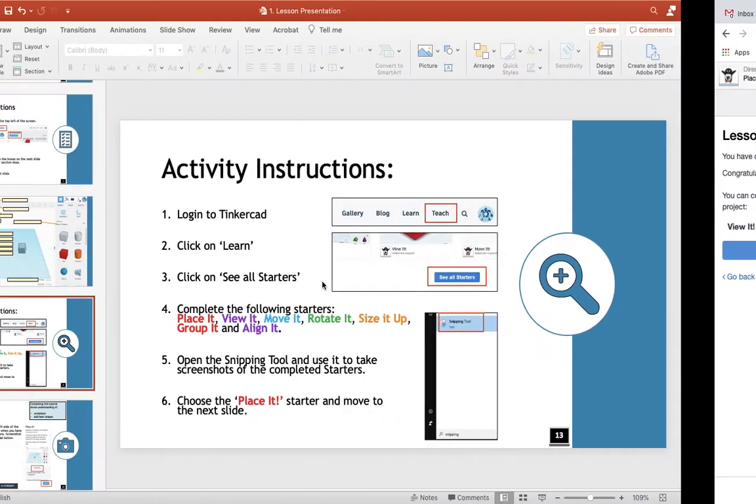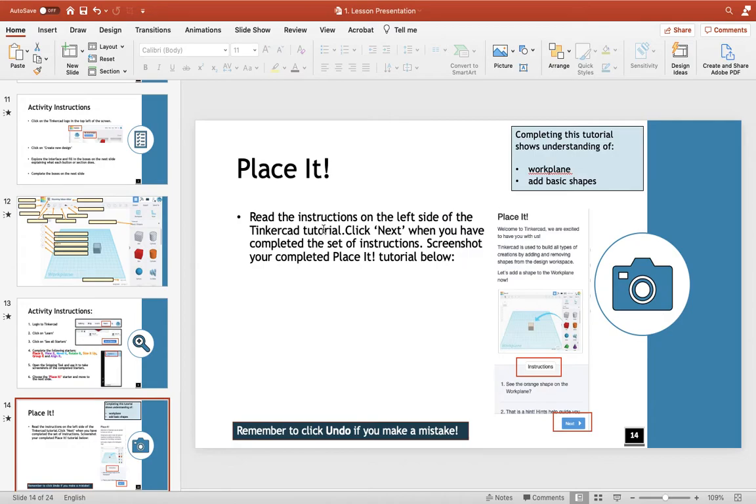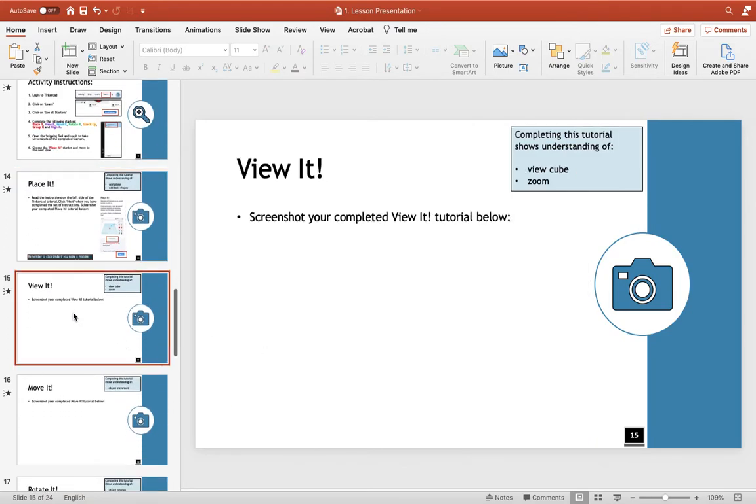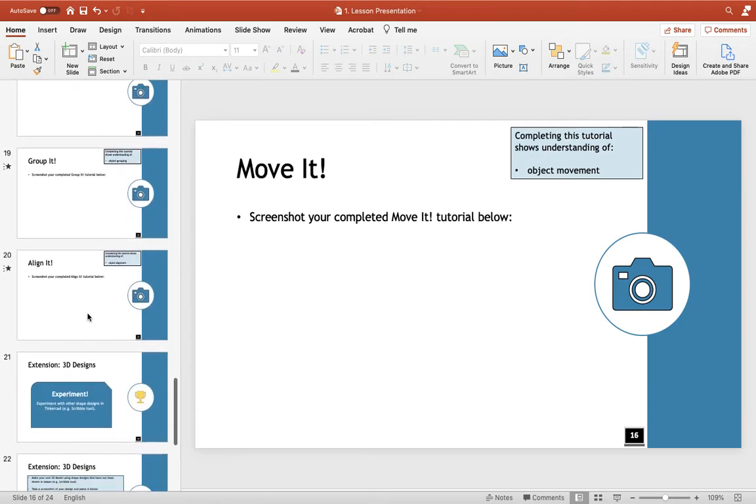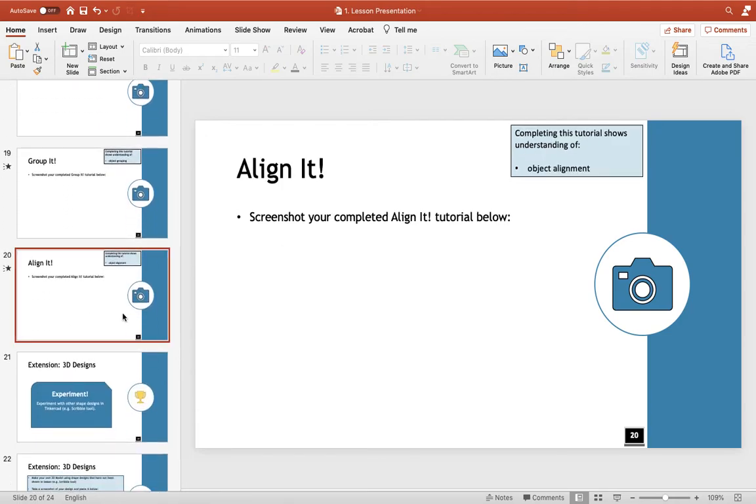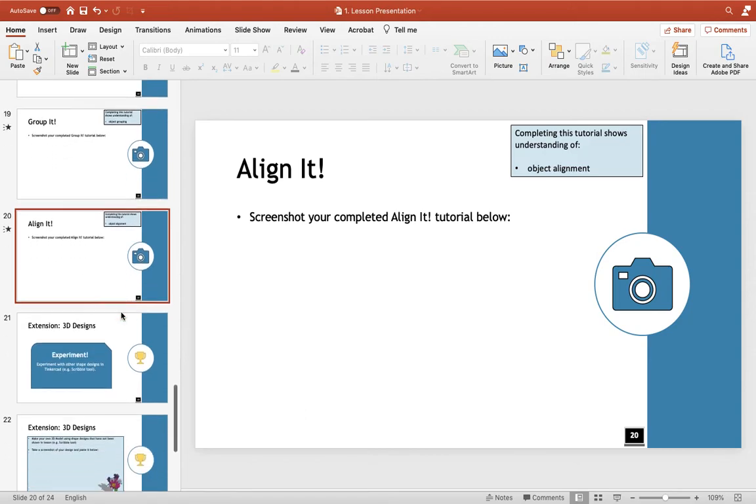Now, I need you to evidence that you've done that lesson. So on this next slide, you're going to take a screenshot, and you're going to place it here so I can see that it's done. You're going to do that for all the lessons. So you're going to do view it, take a screenshot, put it there, move it, and so on and so forth, all the way until you get to align it. And once you got to align it, you've done all of the basic lessons